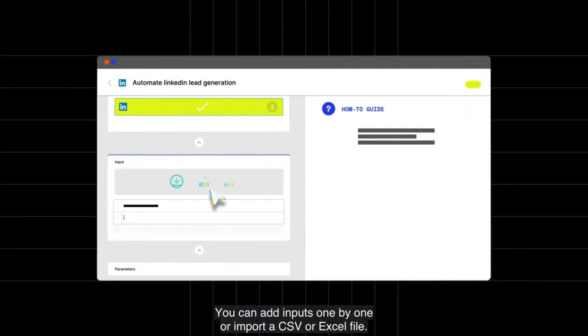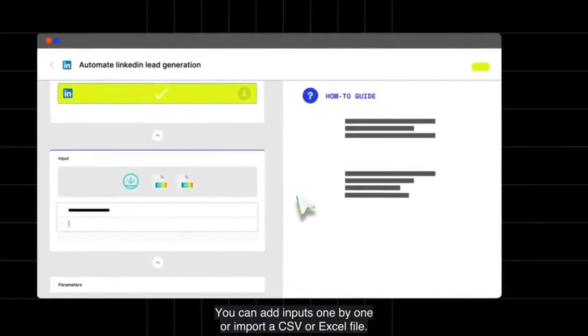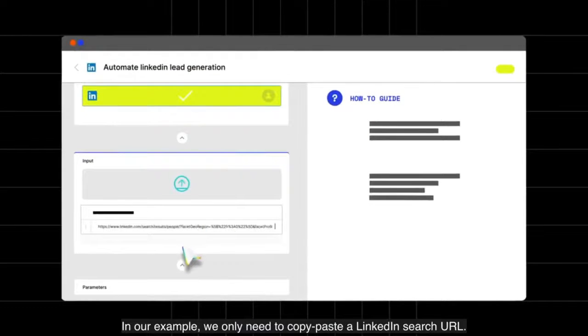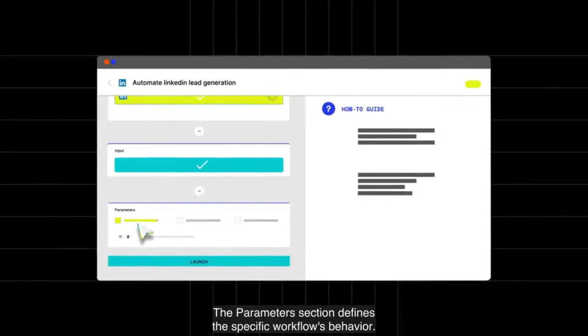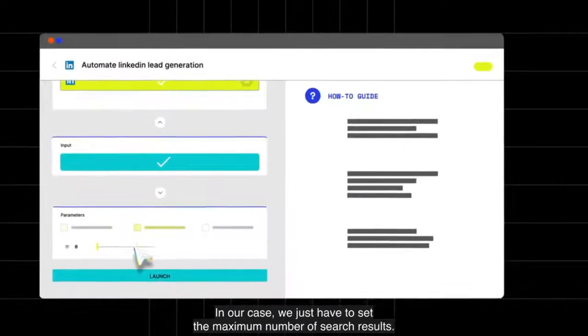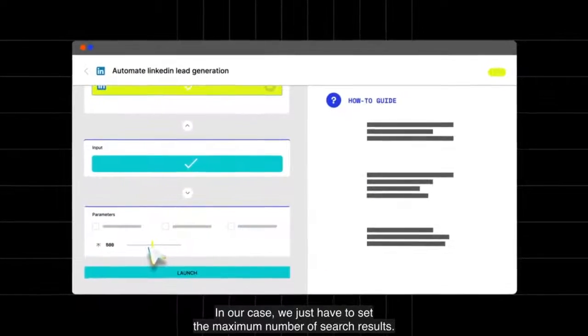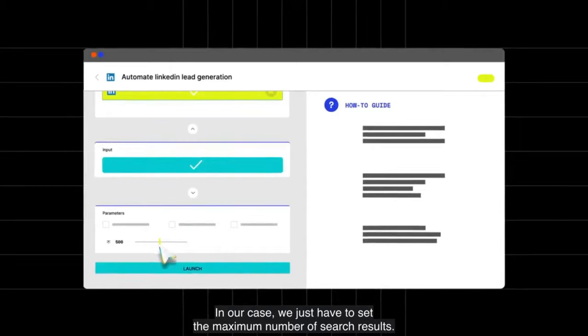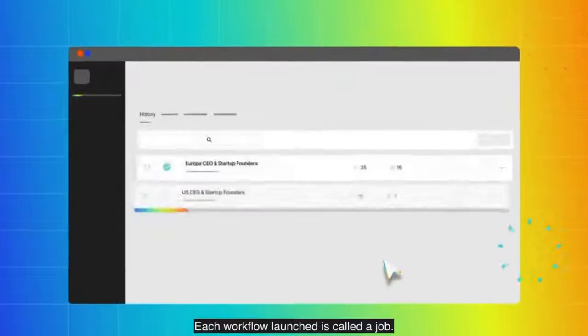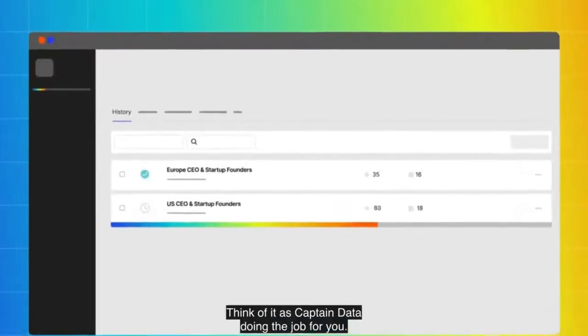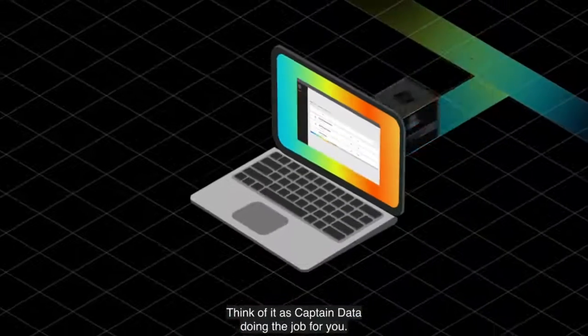When you are not a coder, automating your workflow can feel as scary as watching The Exorcist alone. With Captain Data, you can extract and enrich data to automate processes like lead generation without any coding experience or nightmare spreadsheet formulas. And let's talk about some questions, because some questions may come to your mind, and you can frequently ask questions with them.